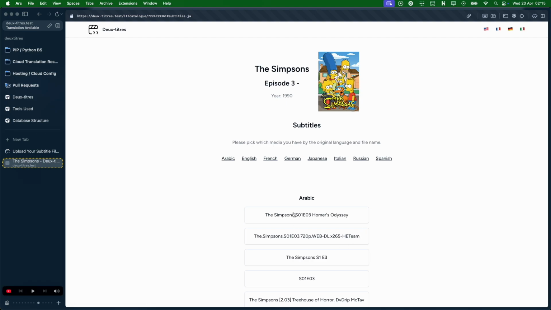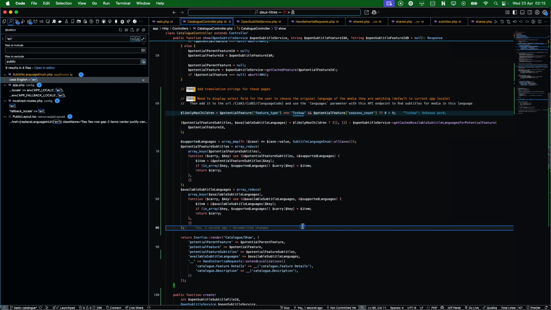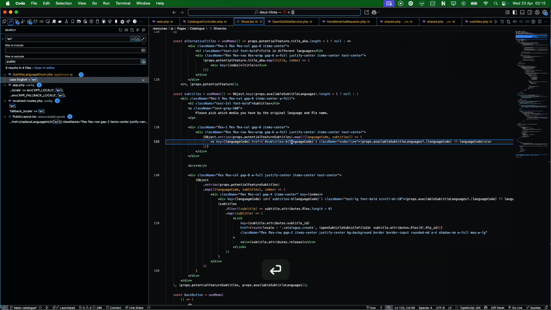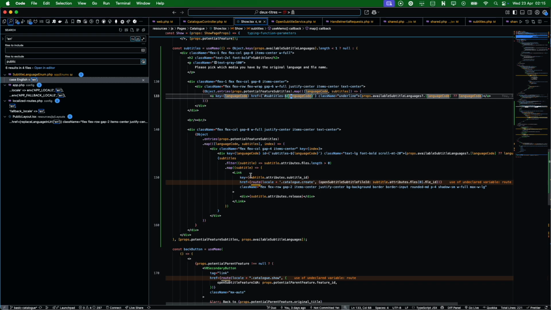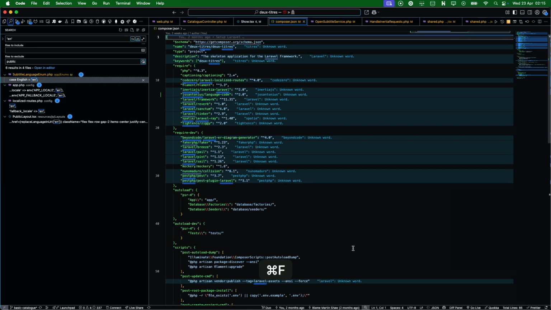So that's that. Now if we click one of these, it will take us to the create dash and an ID, as you see in the bottom left corner here. That's the ID of the feature, I believe, but let's have a look. Here we go. Catalog.create. I'm using a package, a Laravel package called